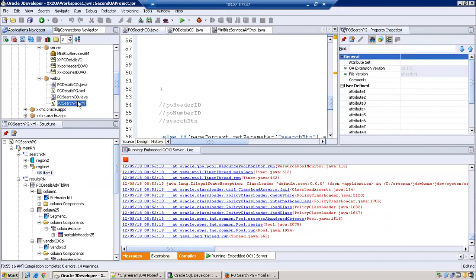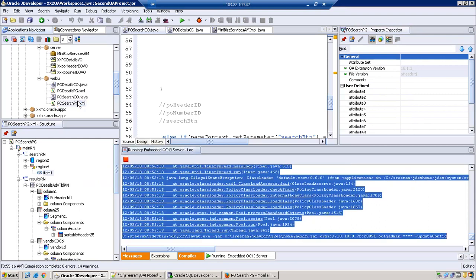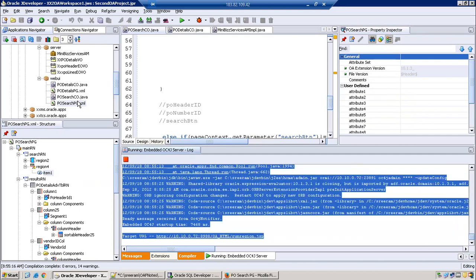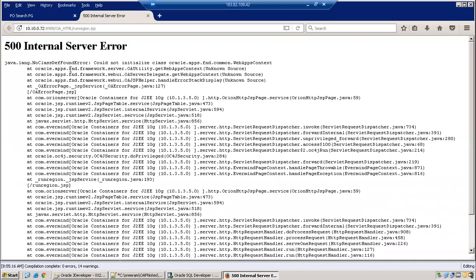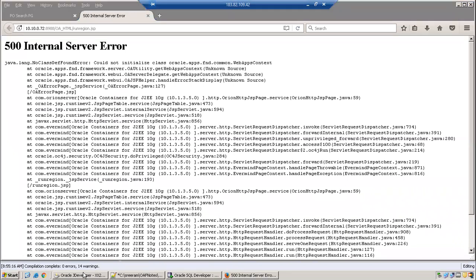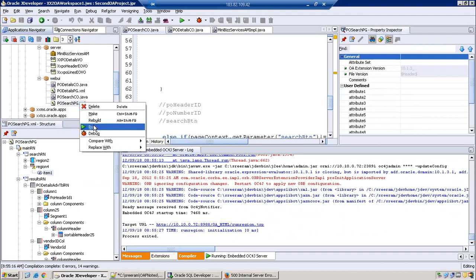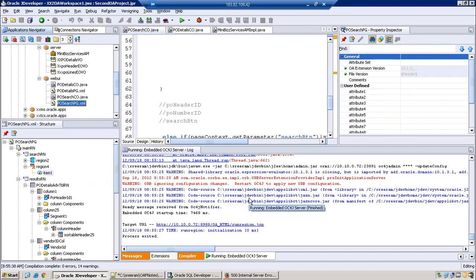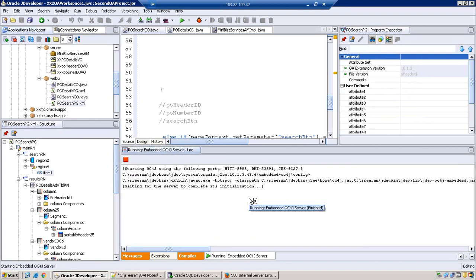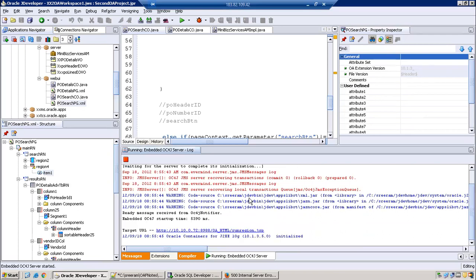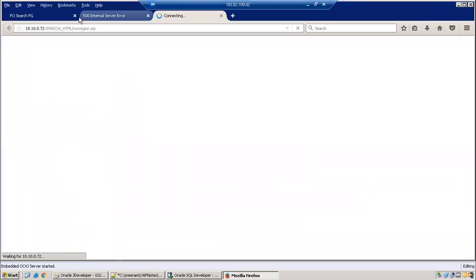Just run the page now. I'm working in 12.1.3, but yeah, it doesn't matter. If that item is not available, just let it be. If it is available, you can try it out. The major important thing is that when you're trying to change the region style, sometimes you may lose all the components of a component. So it's better to always create a new region separately and drag and drop them. Okay, that is the easiest, best way.